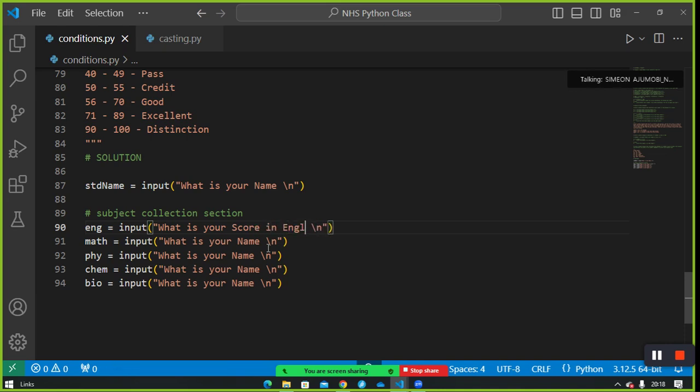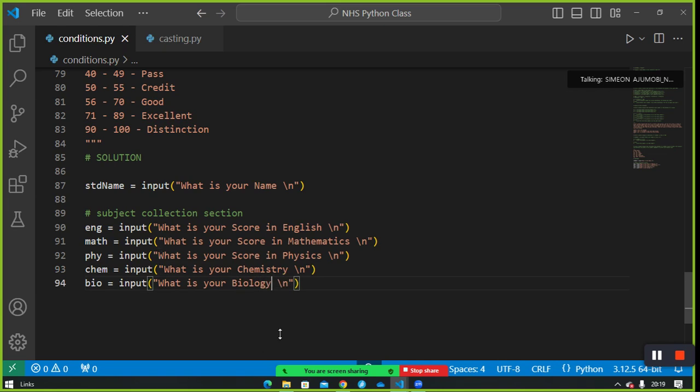English? Try to build softwares that are user interface friendly. Try to build softwares that are customer friendly, that when they use it, it can interact with them. That is how AI started. What is your score in English? What is your score in mathematics? What is your score in physics? What is your score in chemistry? And what is your score in